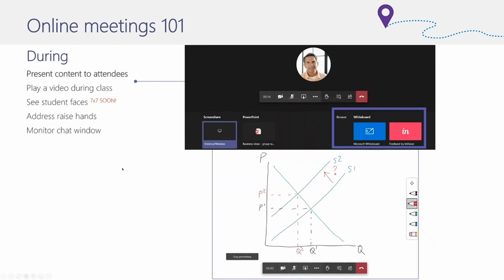So if we were to use something like the whiteboard, you can see it here, we've highlighted it, still in the share tray. You can click on Microsoft Whiteboard, and if many of you are familiar with that, the great Windows 10 app as well that you can use, as well as whiteboarding in there. You can also use something like Freehand by Envision. So the outline below is using our whiteboard, and we're going to talk about how we can use Freehand Envision just a little bit later on.